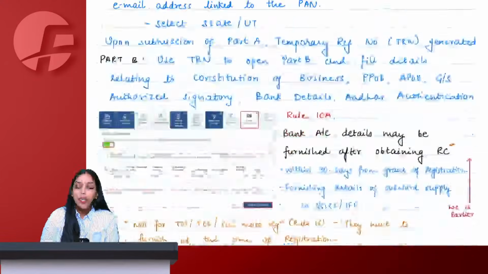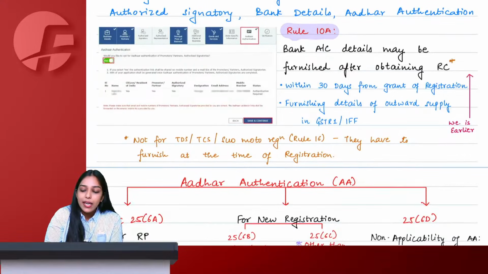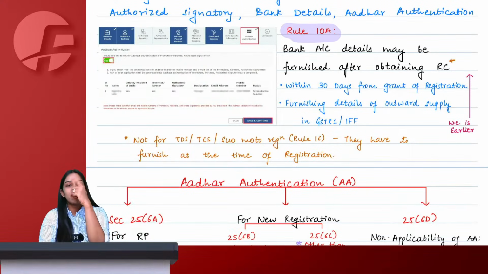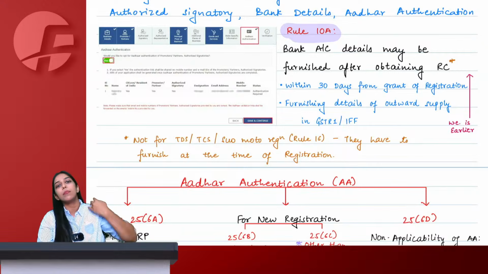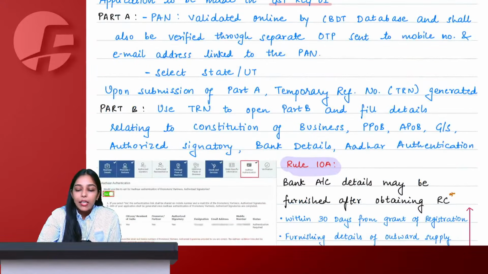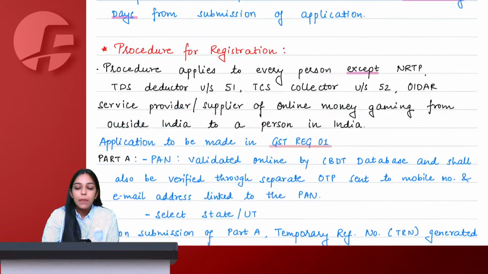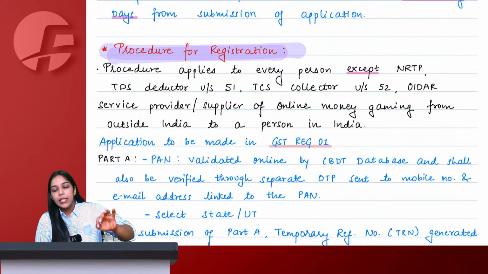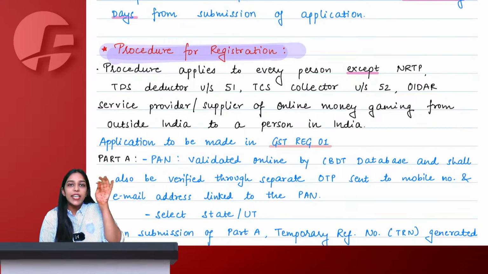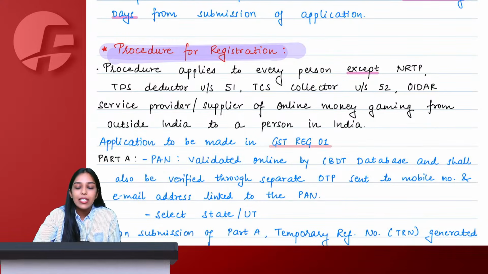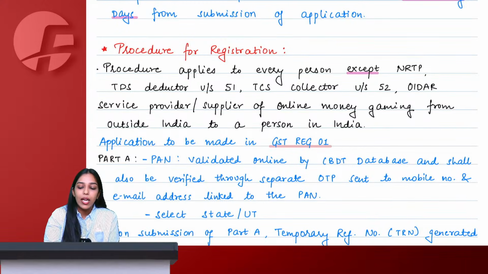Now, procedure for registration. Not very important for examination purpose. Rule 10A is important and one or two points like effective date, etc. Only 2-3 points from procedure are important. But I will not skip procedure because this is something that you will never want to study on your own. This is the most boring part of the entire GST syllabus. I will try and make it interesting for you, and I know you will skip it, therefore I am covering it.